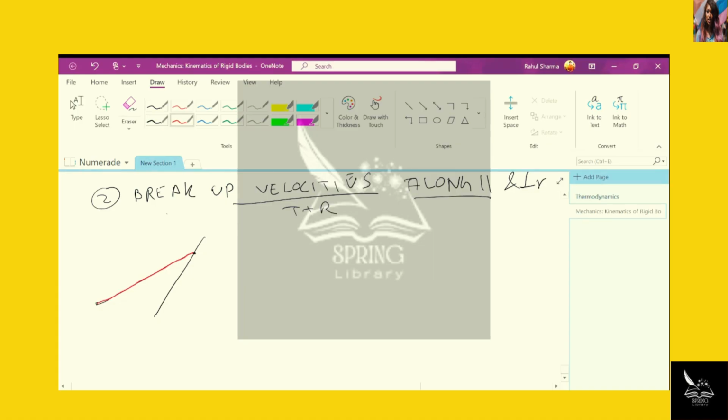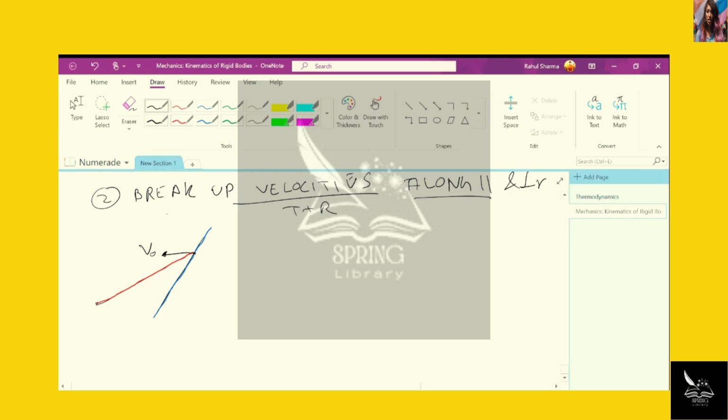This is our rod. And let's denote our wall by a different color as well. This is our wall. Okay, now this is our velocity v naught, which is translational velocity, and then the